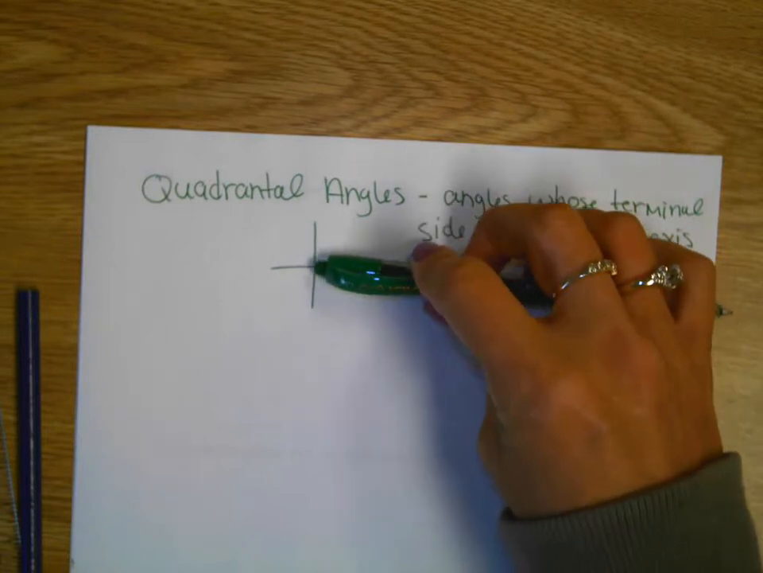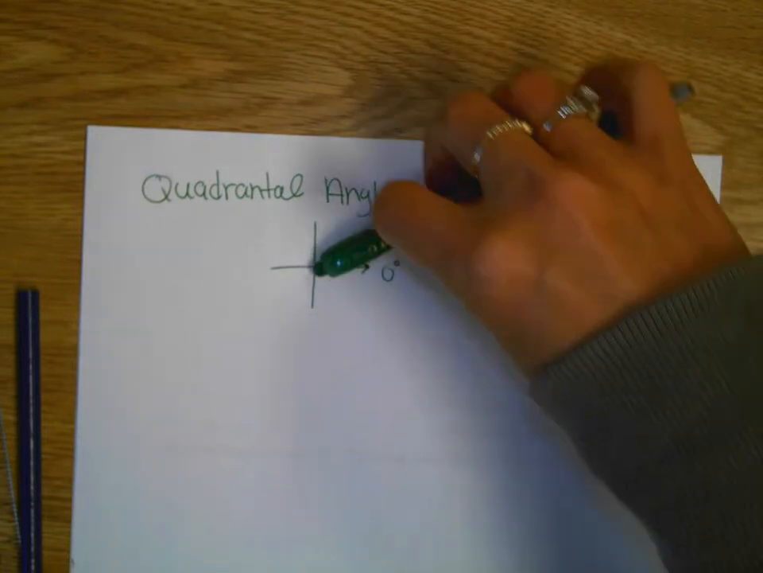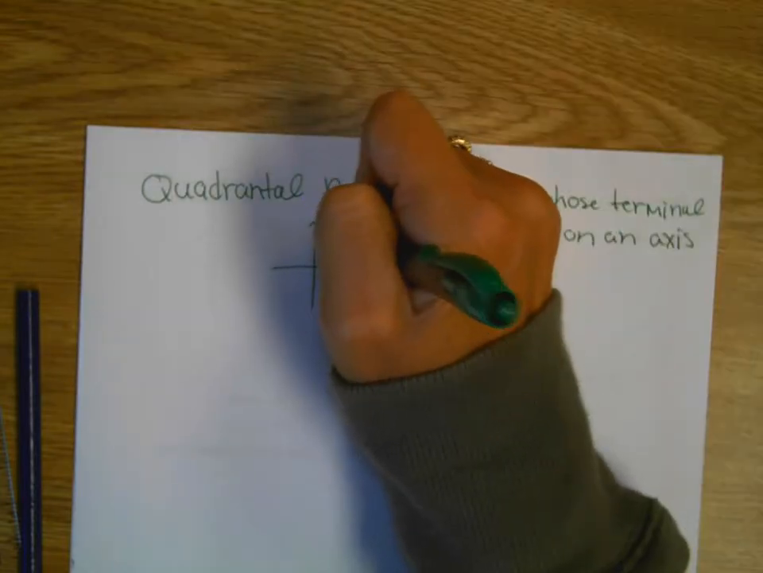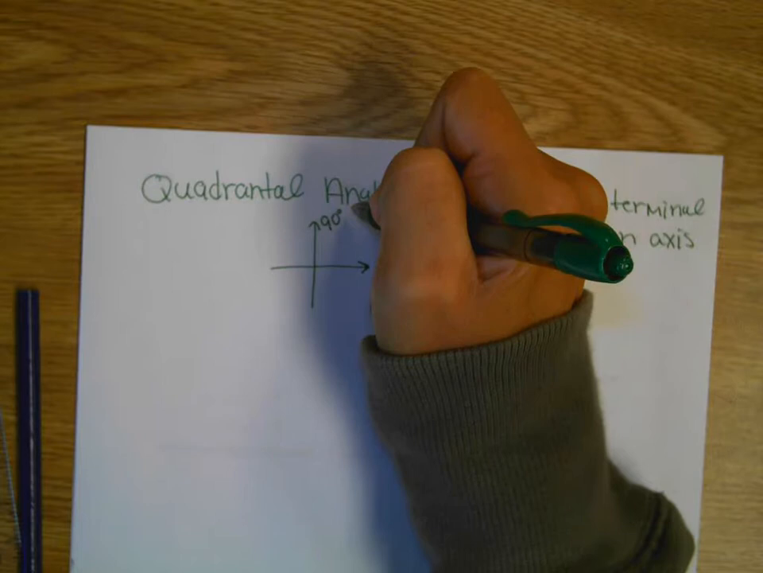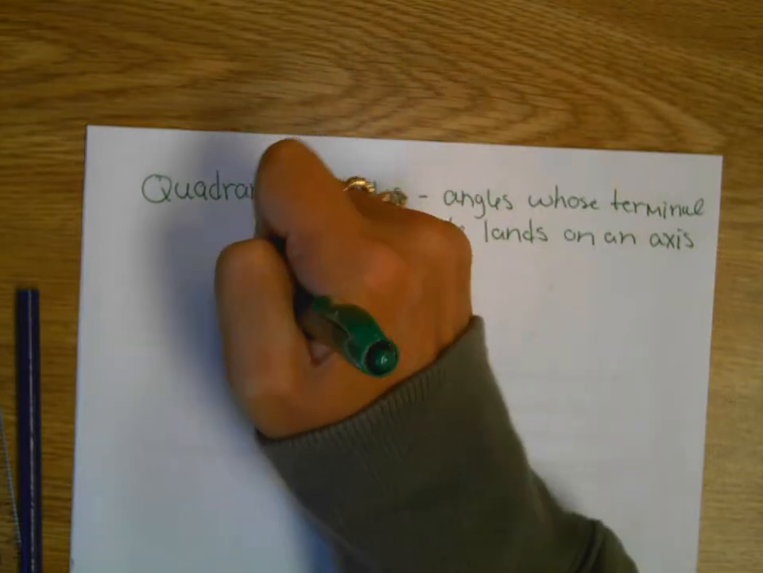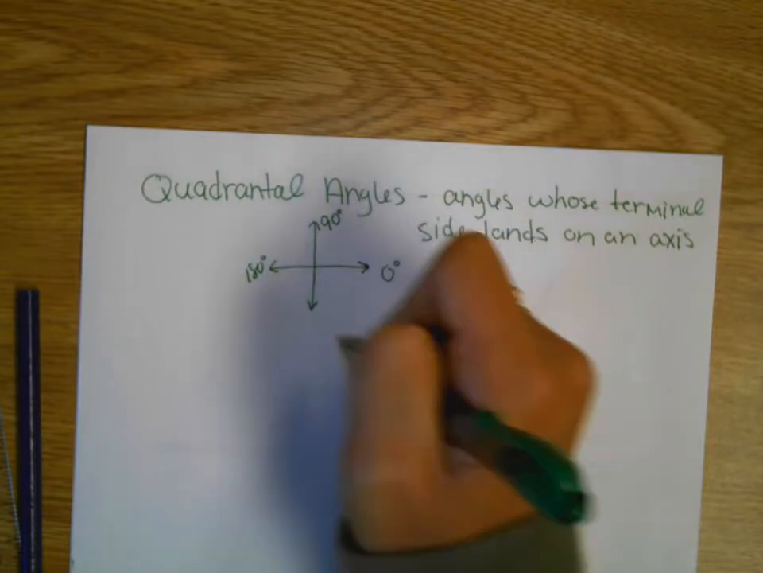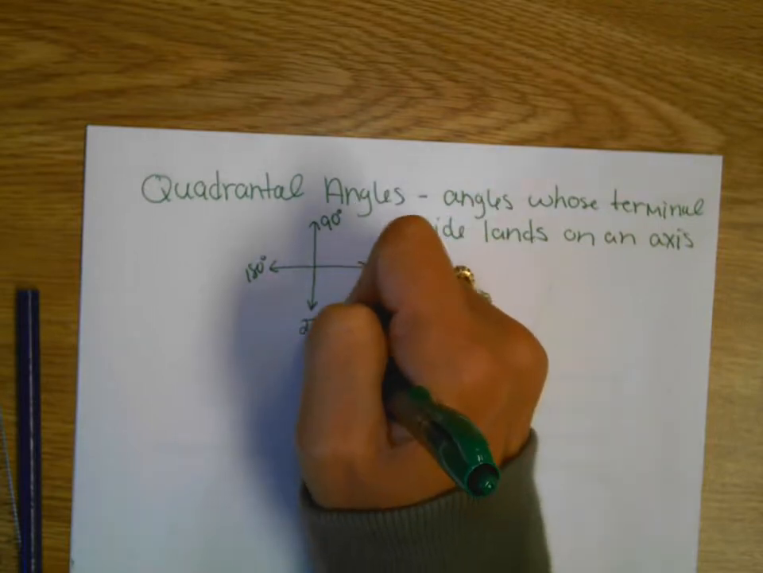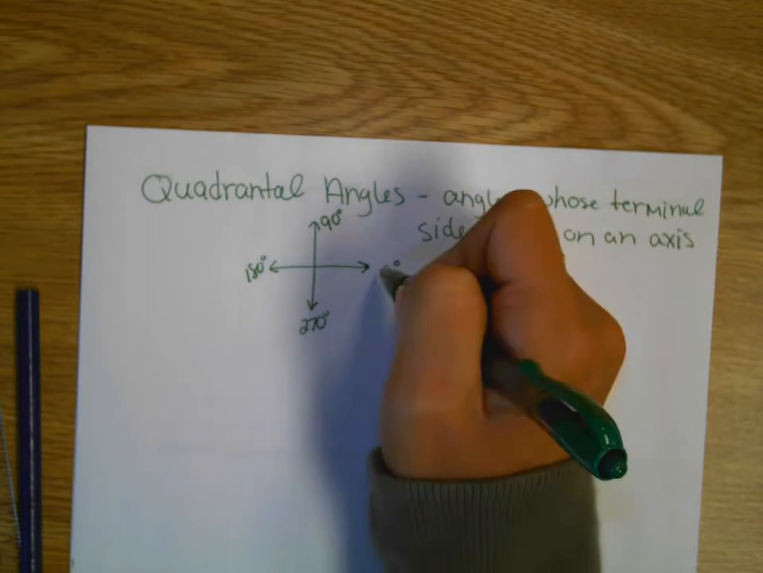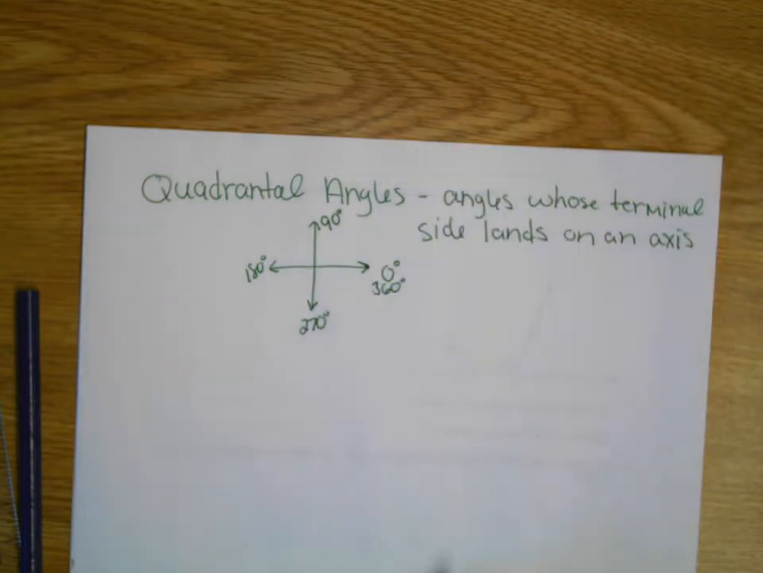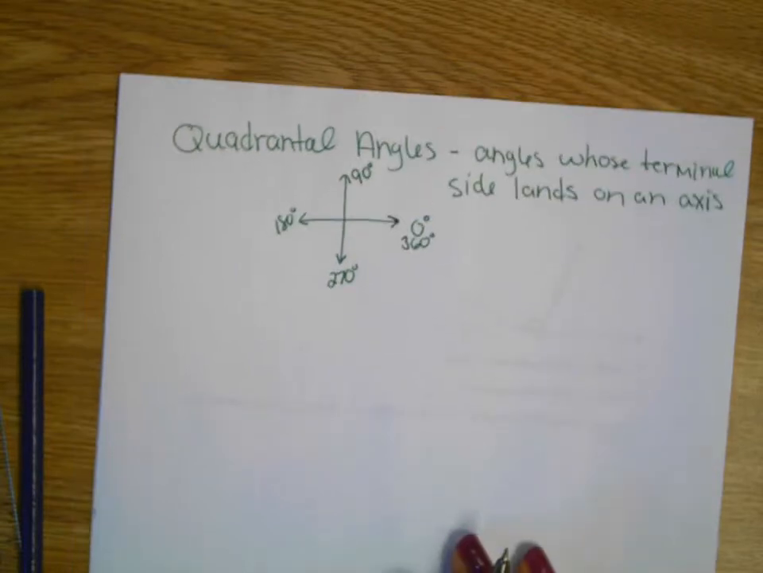When's the next time, how many degrees do I turn through before I land on an axis again? 90 is a quadrantal angle. What's the next quadrantal angle? 180. What's the next one? No, you passed over one. What's one down here? 270. And then finish at 360. Okay, we're going to find all 6 trig values for all of the quadrantal angles, but we're going to